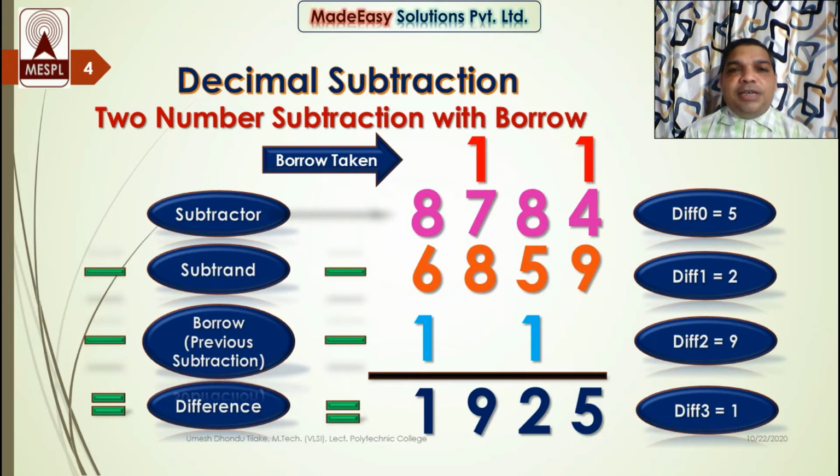Now if you see here, even if sum of the digits of subtractor is less than sum of the digits of subtrahend, but the whole subtrahend number is less than the whole subtractor number, so it was easily subtracted and we got the positive result. But it is not mandatory every time that my subtrahend number is always less than subtractor number. Sometimes I may come across in a situation where my subtractor number is less than the subtrahend number. So how can we perform subtraction in such case? Let's see on the next slide.